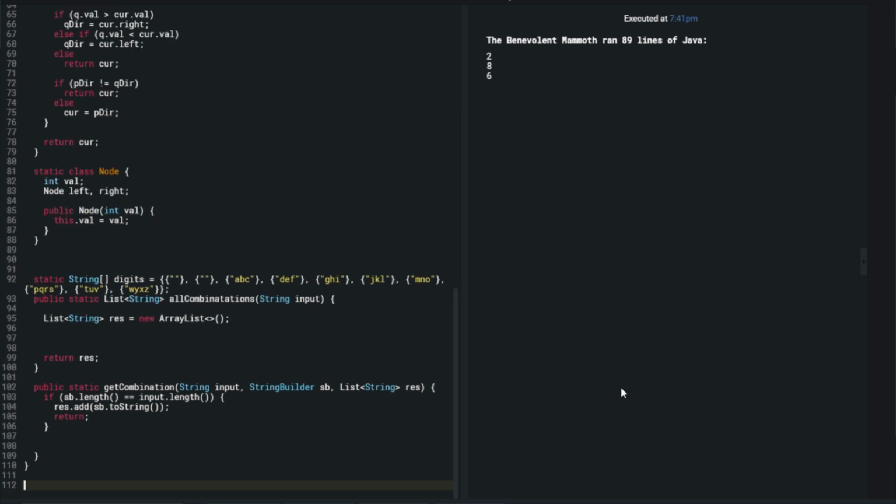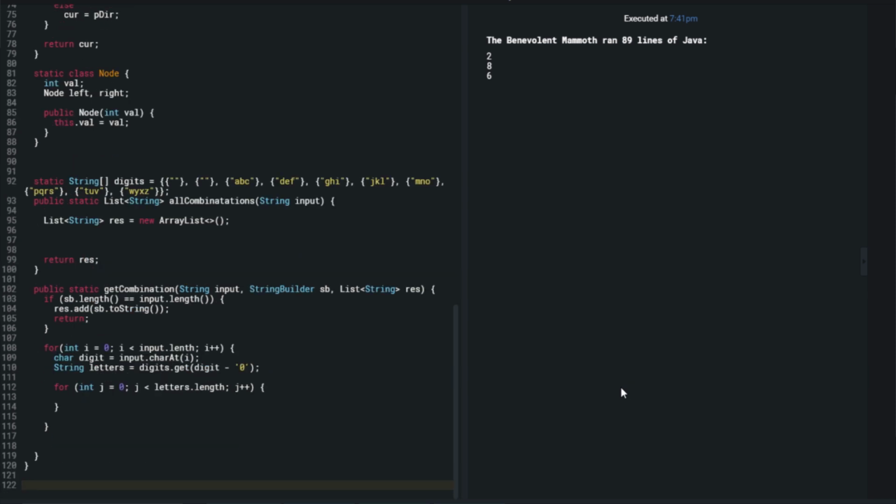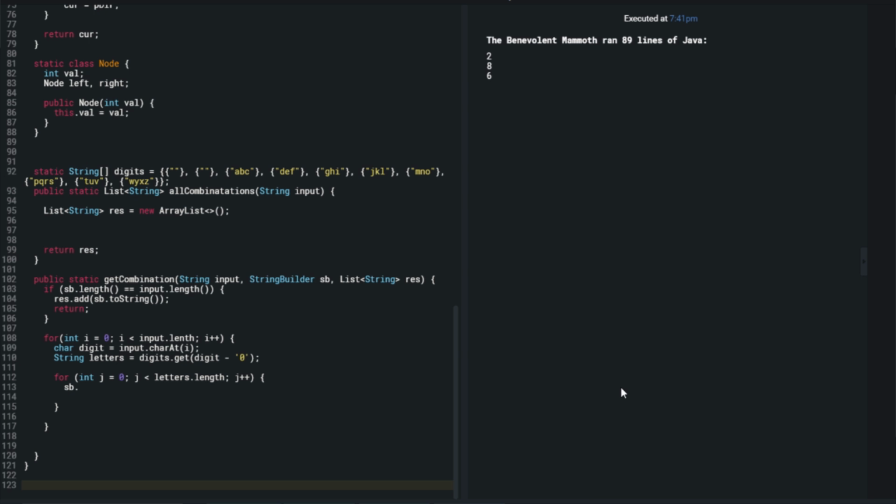So I will go through the input, and for each of the inputs, I'm going to get some letters associated with it, go through those, and append those separately to SB, and then call